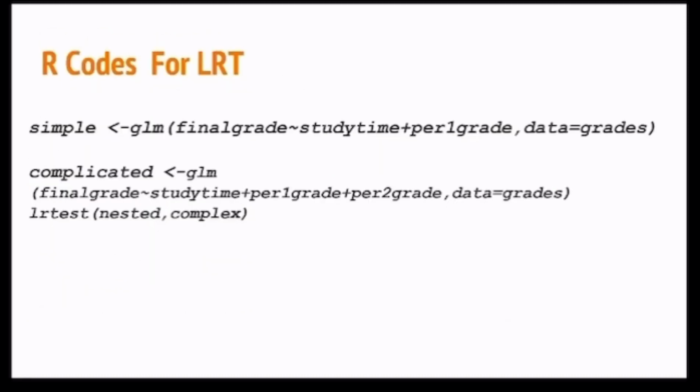Okay, now I want to go into another one. We want to compare two different models. In the simple model here, we've got study time and maybe the midterm one grade. Don't forget, when we look at the effect of study time and midterm one grade on the final grade, the final grade is categorical. It has two levels. And there is another model, a complicated one, where we've got study time,